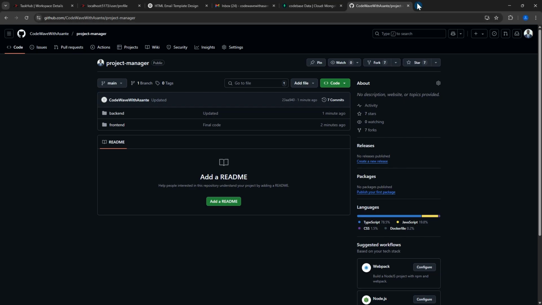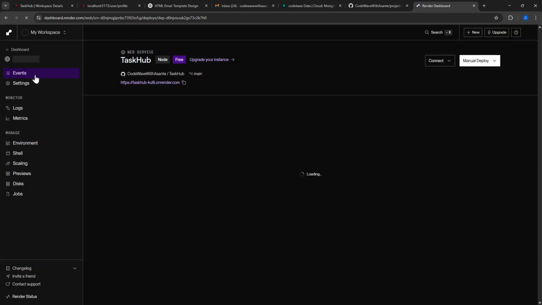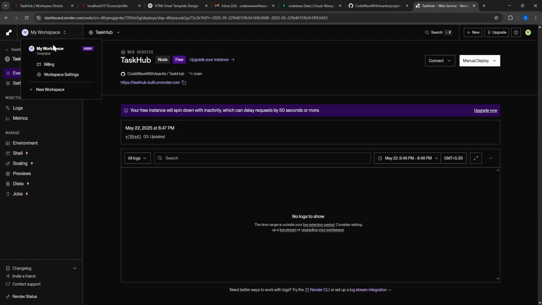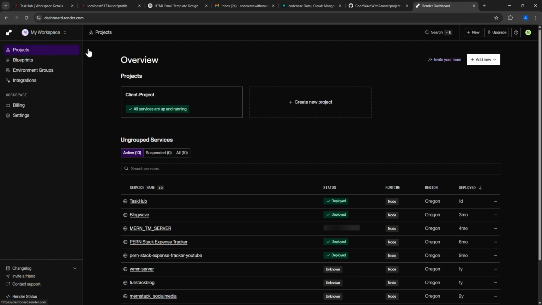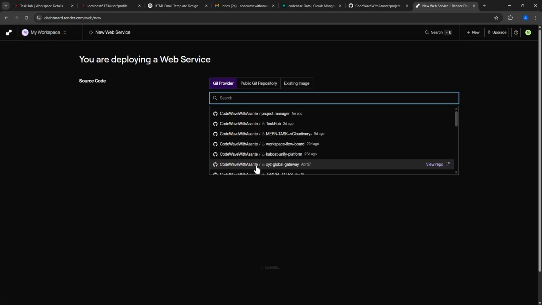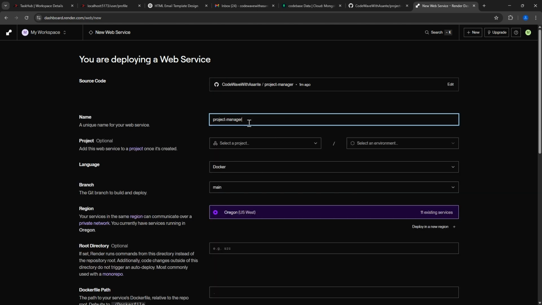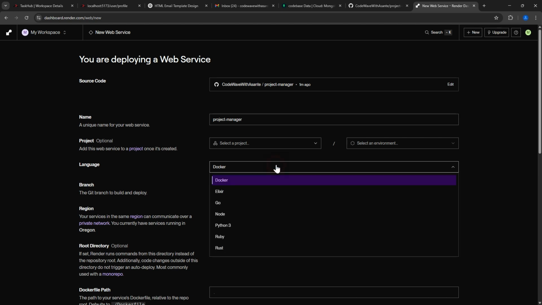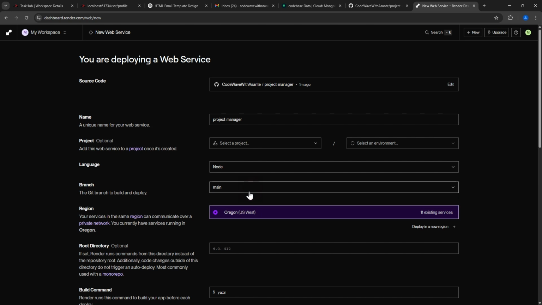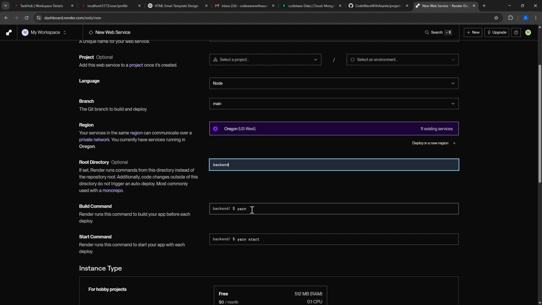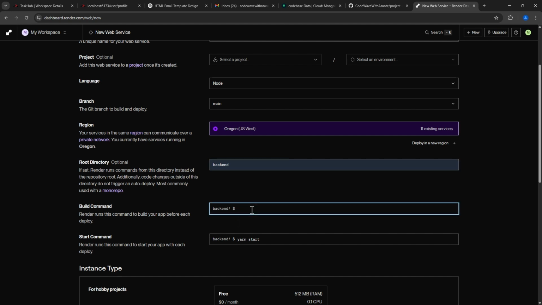So I'll go to Render. Ensure you have an account, or create one. Go back to dashboard and now create a new service. So web services. Great. And select the project. Mine is project manager, right? It's node, main, and here I think backend. So backend, and the build command, it's not yarn, I think it's npm